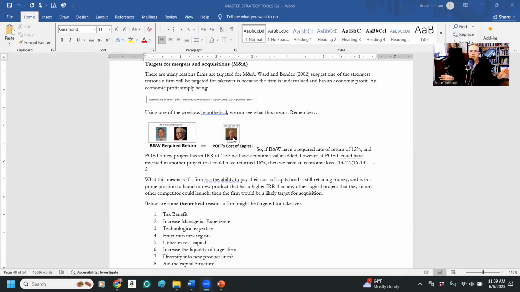But Dan also can borrow money. So we're going to say that Dan has to pay Warren and I 12%. He goes to the bank, he's going to borrow the other 5 million. He has to pay then, we'll say, 6% to the bank. So 50% of the investment is debt, 50% of the investment is equity. So then we multiply that by the required rate of return of both entities.